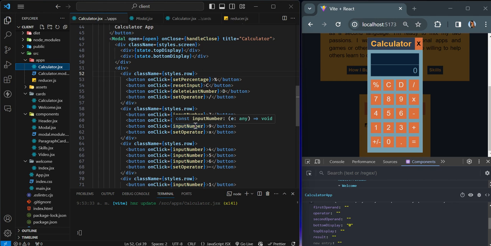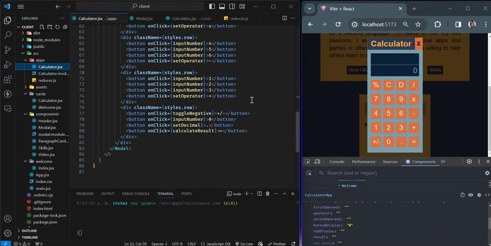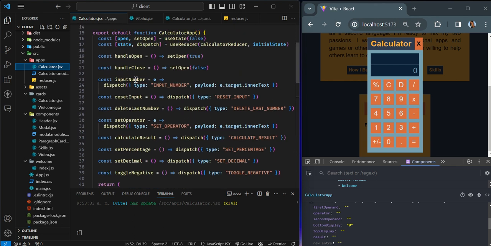Input number, input number, input number, input number. Only the numbers have the callback function input numbers when those buttons are clicked. And that input number function, which is right here, receives the event argument, because I want the payload, which is a property of the dispatch function, the object of the dispatch function, is going to be the value